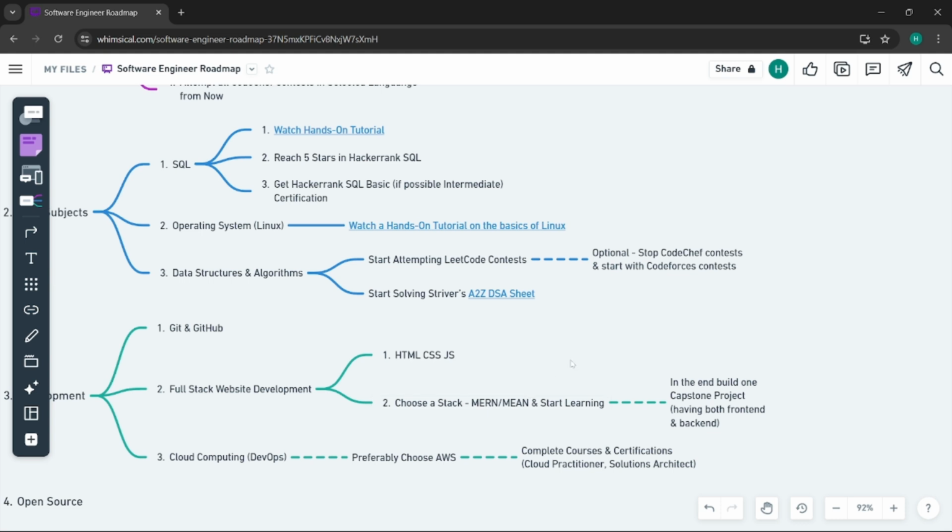As I said, you can start watching playlists. There is one very famous channel, freeCodeCamp, and their videos. They have videos on a number of topics, on almost all the topics in this roadmap. They must be having videos on Git and GitHub. Hands-on learning, yes, of course, you have to do hands-on work here with Git and GitHub. You have to set up a repository and push the code there.